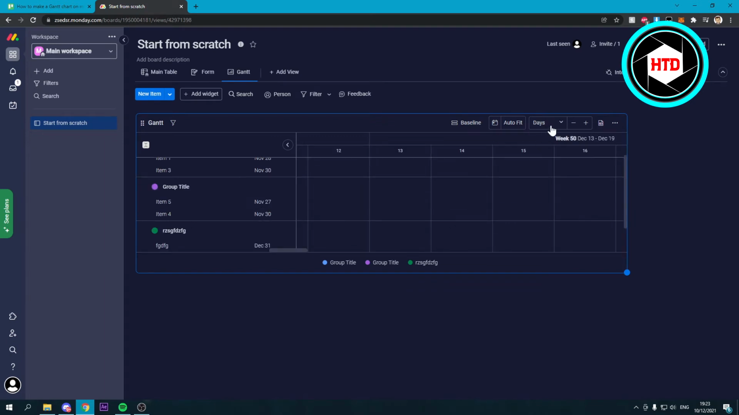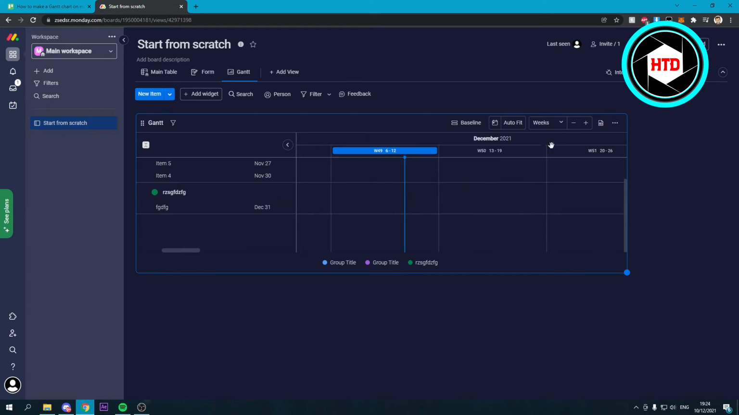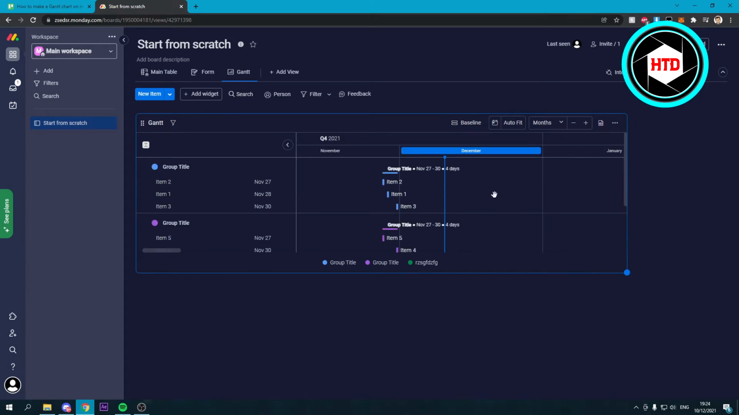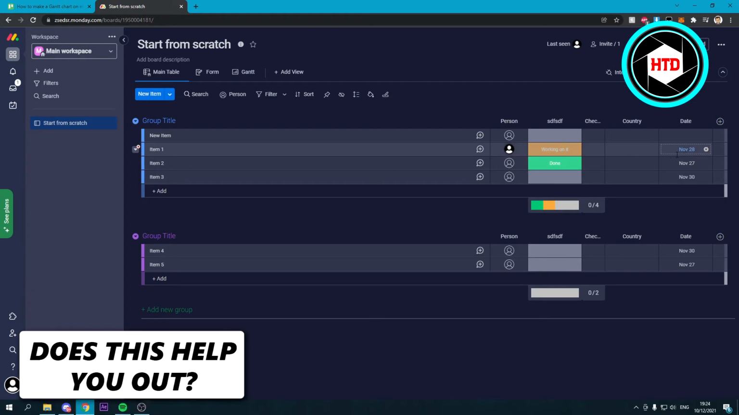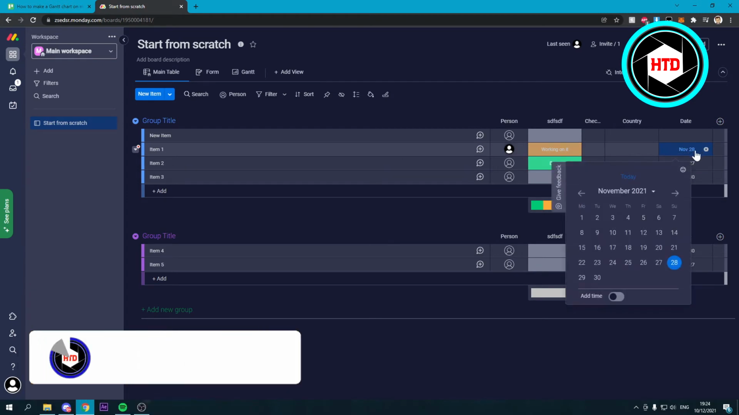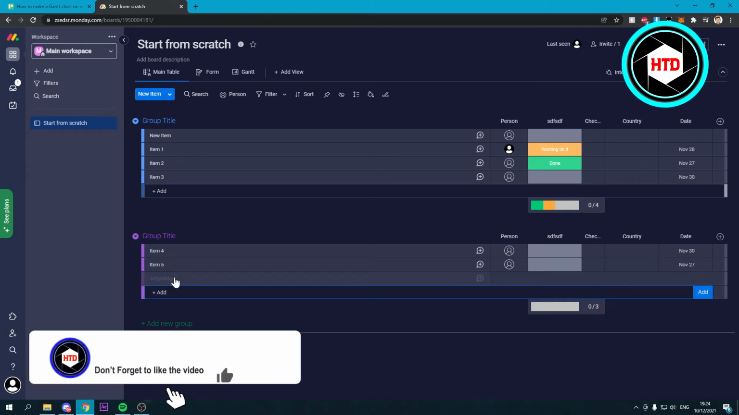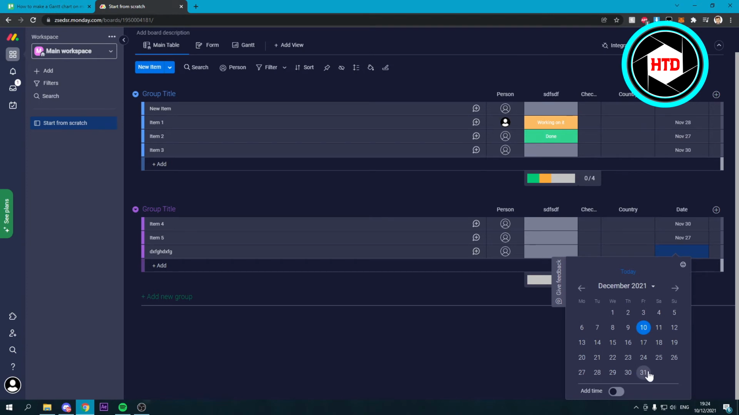Normally I think it's set on days, so now it's in per hour, but you can also change this to weeks and even months. Now normally you might not have a lot of stuff over here, because that might be because there's no dates set to your task. So let's say I would add a task over here, set a date to the 31st